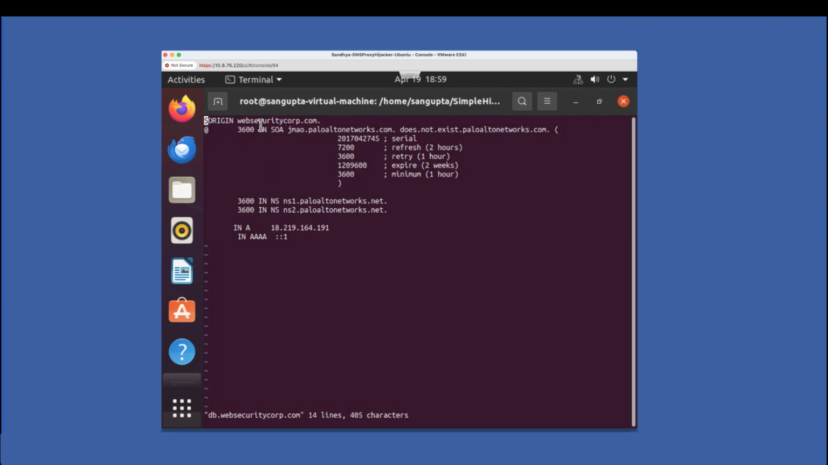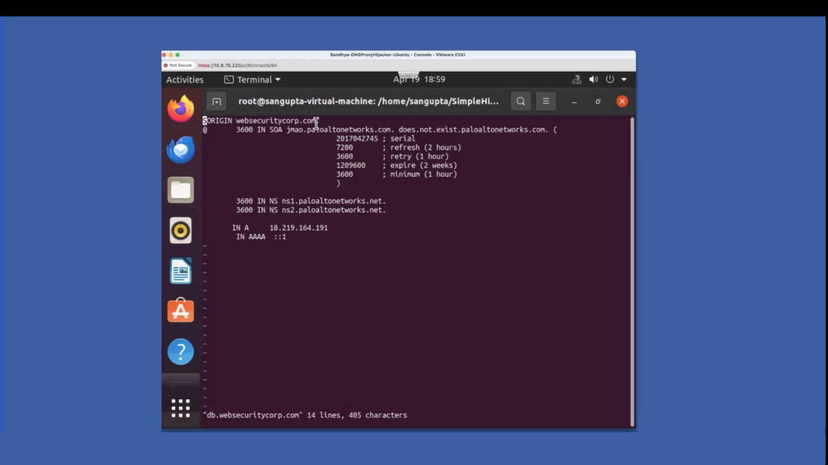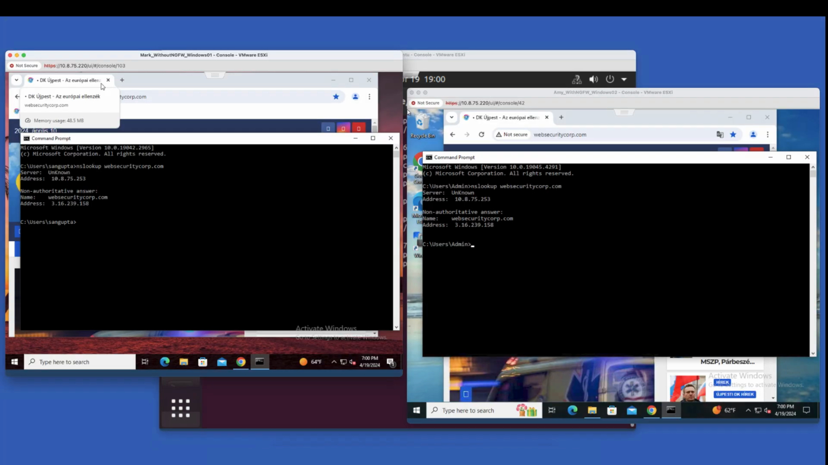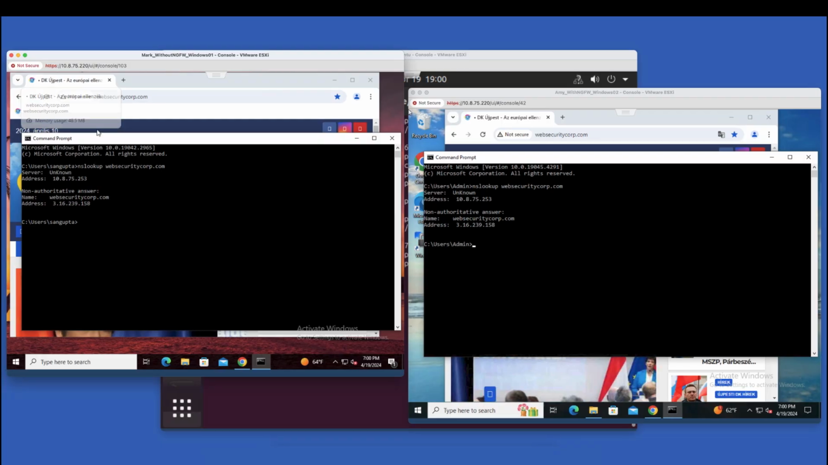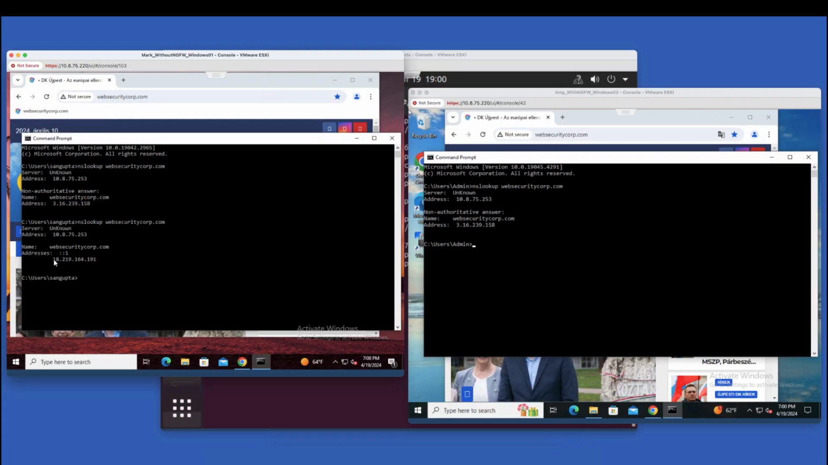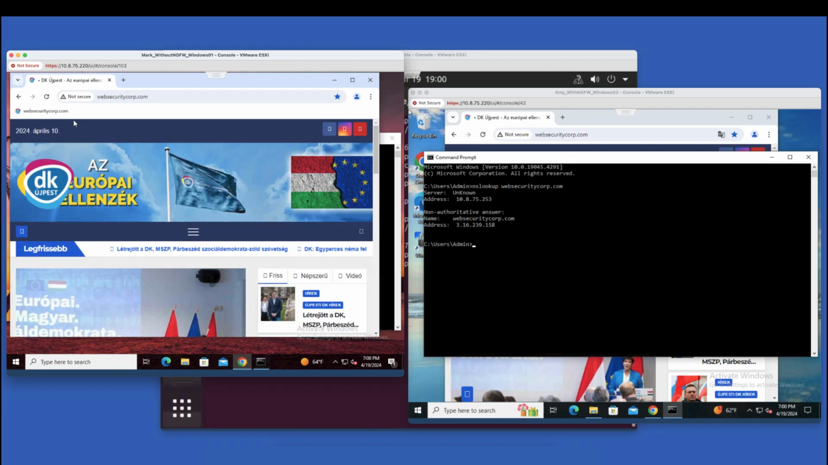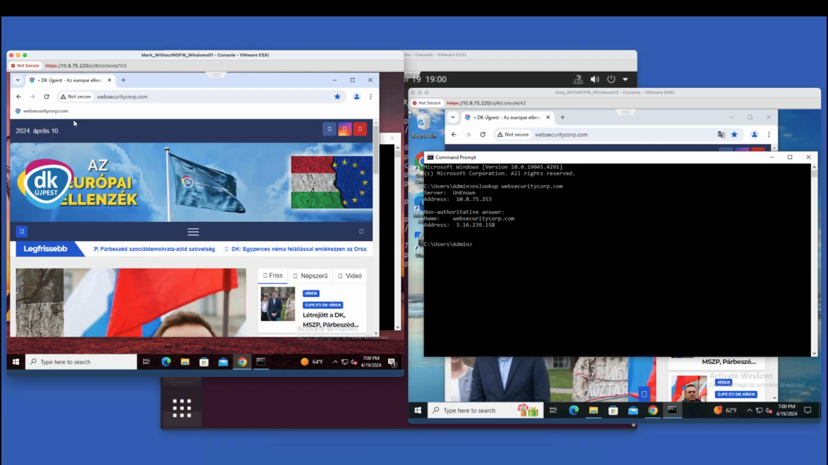So what it does is that when any request for websecuritycorp.com comes, it modifies the DNS response to point to this hijacker controlled IP address. Now with this done, let's go back to our client machines. Let's do a quick nslookup to see the domain to IP mapping. Here you can see that the response that this client machine is getting is that of the attacker controlled IP address. Now if we go back to our browser and reload this page,